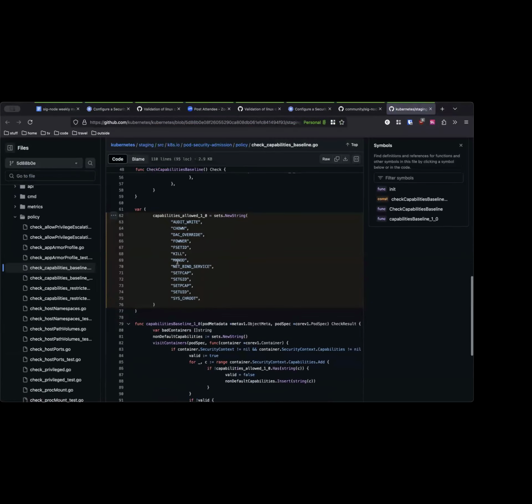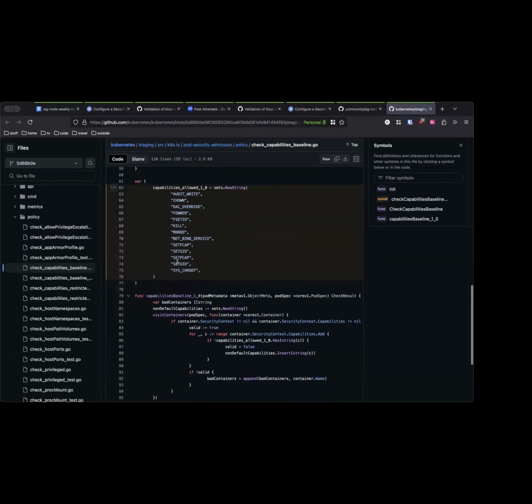So the validation that Containerd is currently doing is closer to what the baseline policy is validating against, but that validation doesn't happen on privileged. As far as we understand, they allow everything, and so in that case any value that the runtime will accept would be accepted.